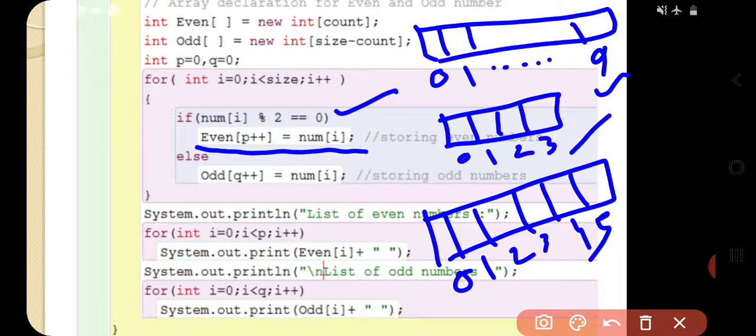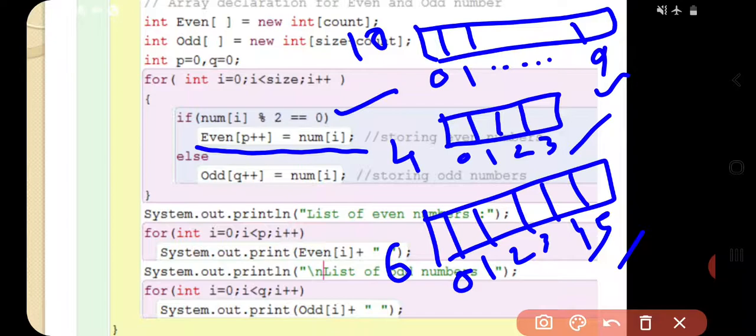Different sizes, different numbers: the first array is having size 10, the next array is having size 4, and another array is having size 6. The counting is different, the size is different.